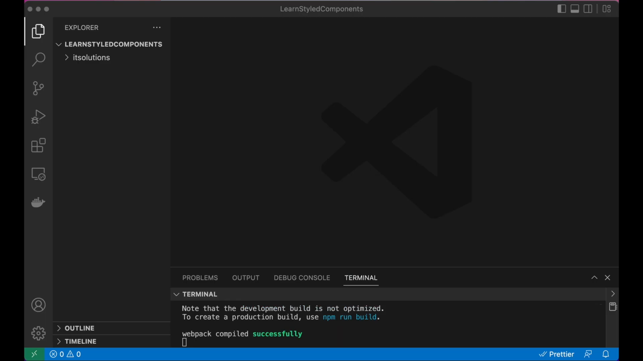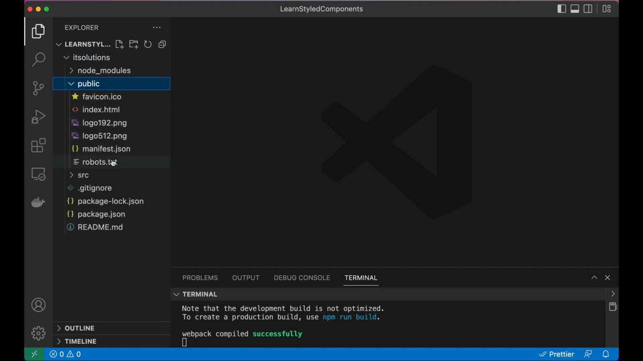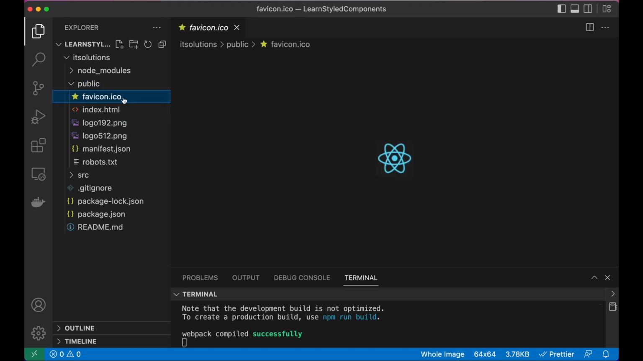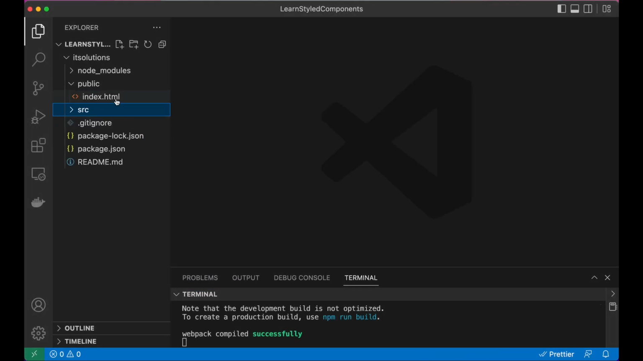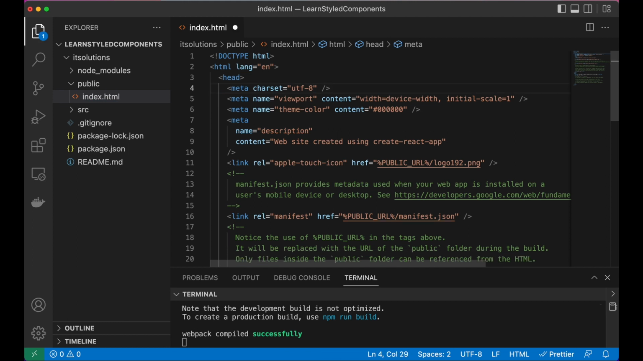But before starting with our project, if we go inside our IT solutions, our apps folder, here you can see there are lots of files which we don't need in this project. So let's go ahead and delete them. I'll delete the favicon, these images here, manifest.json, robots. And also inside of index.html, I'll remove this link of favicon because it's no more available,